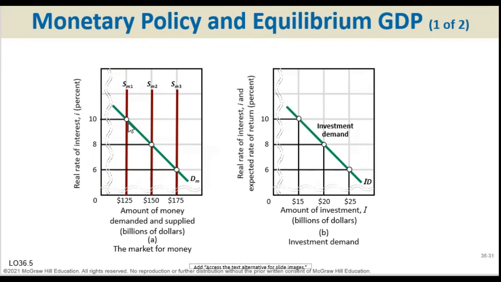And doing so, you will see that it will put downward pressure on the interest rate from 10 to 8 and to 6, right? And from 10 to 8, if you look at graph B, it results in investment spending increasing from 15, at 10% it is at 15. But since we have more supply of money shifting right, putting downward pressure on the interest rate, that now allows investment spending to shift from 15 billion to 20 billion,